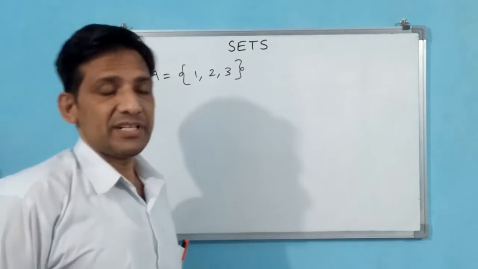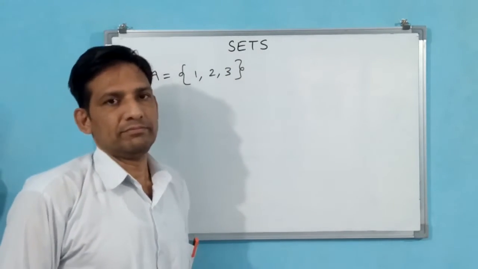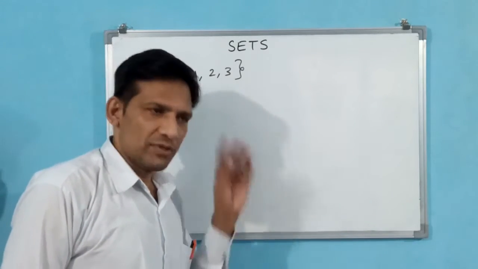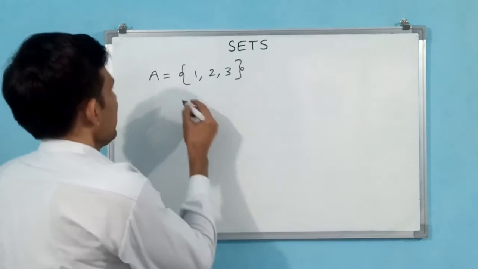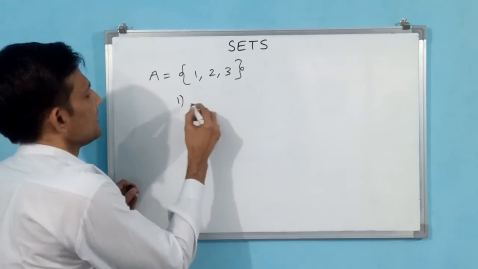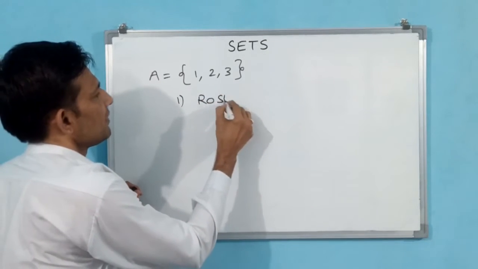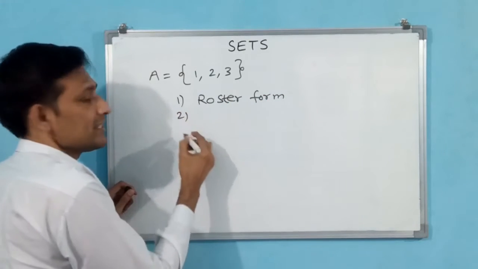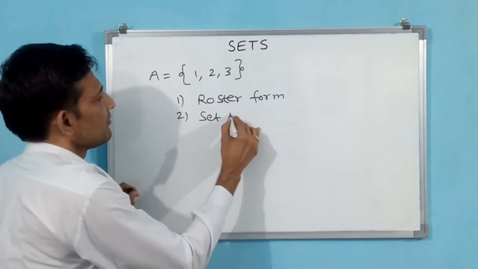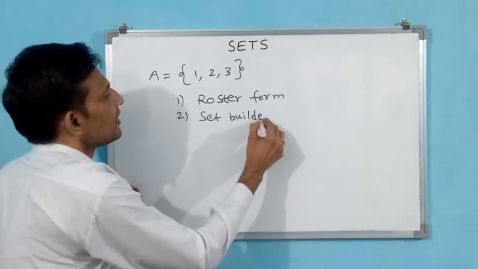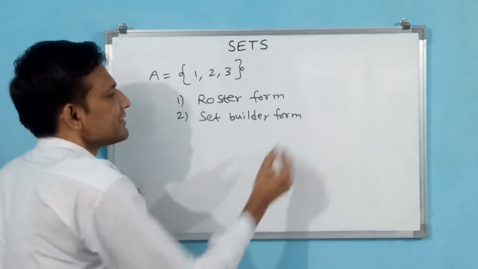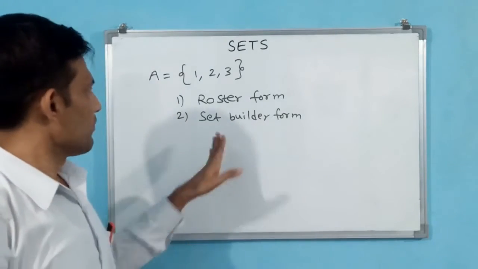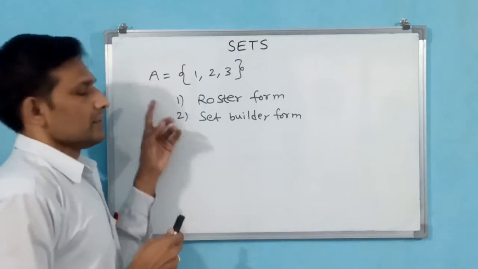Representation of sets will be in two forms. There are two forms of representation of sets. We see what those two forms are. Number one is roster form. Number two is set builder form. Before going to this, let us see